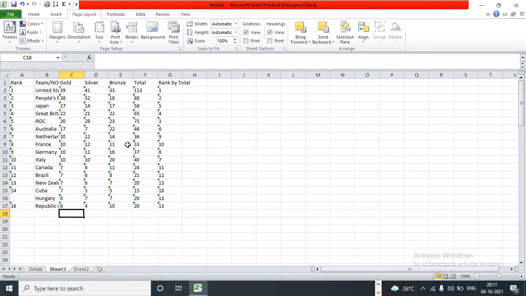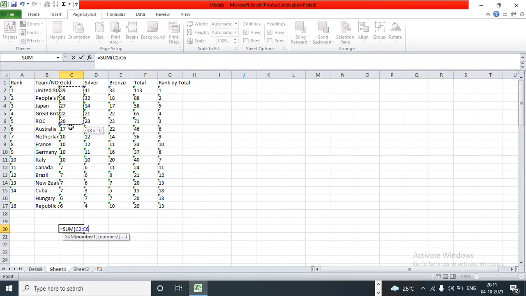Now, if I want to add the sum of all these, how to do sum? Auto sum. Yes, equal to, all the formulas will start from equal. So if you want to do the sum, just type sum, select all the rows and close the bracket.